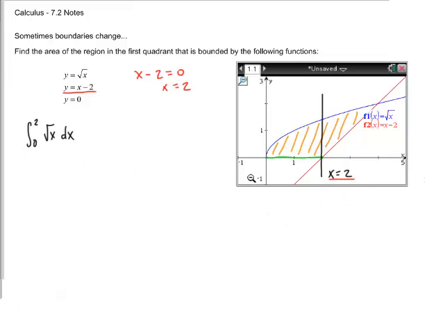The second integral that I'm going to look at then, and I'm going to add it to that, is going to go from 2 to 4. And it's going to be the top minus the bottom. So again, we're going to have the square root of x now, because it's on the top, minus x minus 2. So I find this other point over here by setting the two equations equal to each other, the square root of x and x minus 2. And when I do that,